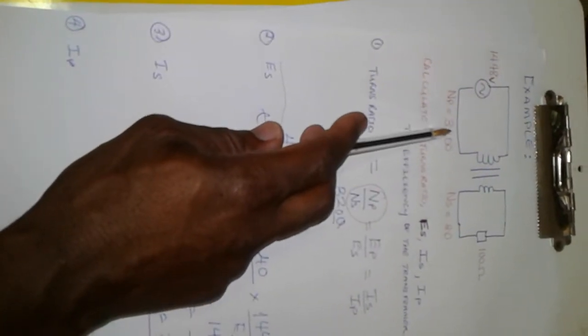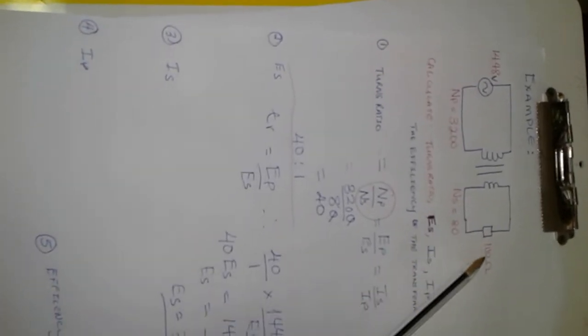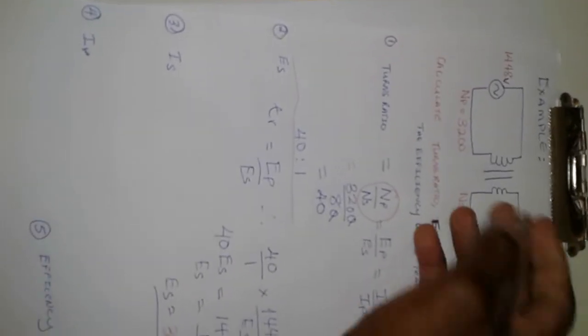The next part of the calculation requires us to find IS. IS, of course, is your secondary current. Now, to find this, we cannot use our turns ratio because we do not have a primary current. What we will have to do is treat the secondary circuit, and of course the secondary circuit is always the one with the load, as a separate circuit. We have just found ES, and we can put ES to be 36.2 volts. Having done that, we can now use Ohm's law's formula for voltage, which will have E at the top, I,